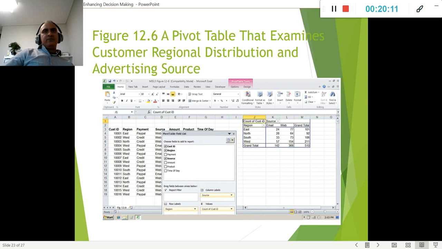Here, for example, I'll give you an example. We have a lot of data in Excel, and then we can use a pivot table. Tons of data here. Doesn't make sense? So we have some visualization in here, a table that tells us by regions, email, web, grand total. So already, to me, it's much faster to see which one is the largest one. Very quick, I can say West is the largest one. Just an example. Okay, so that works very, very well.